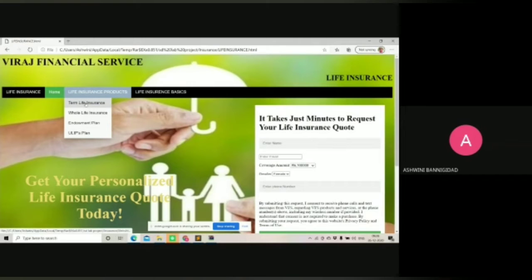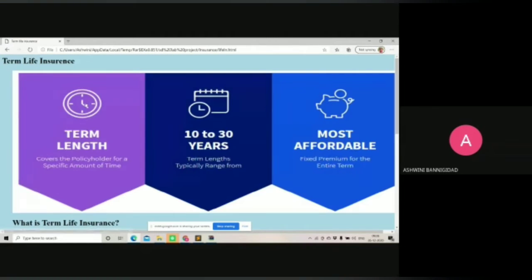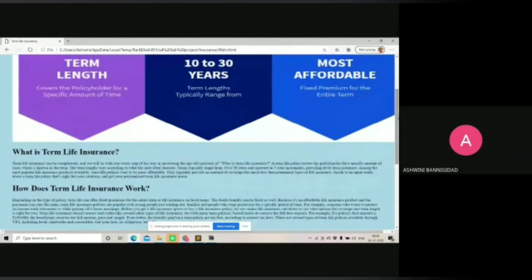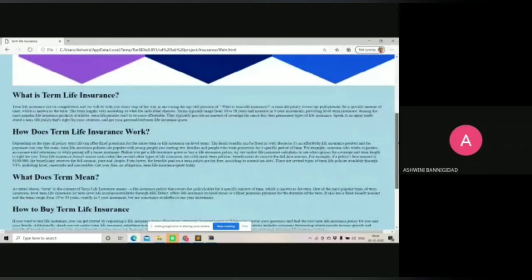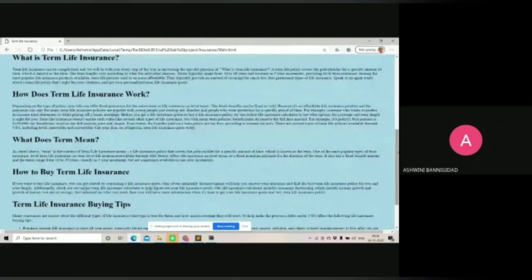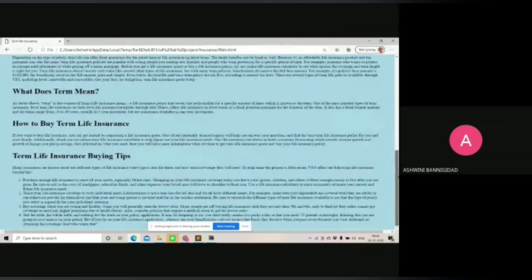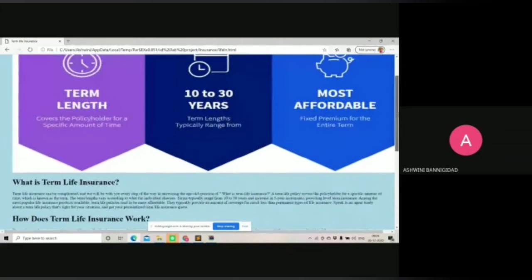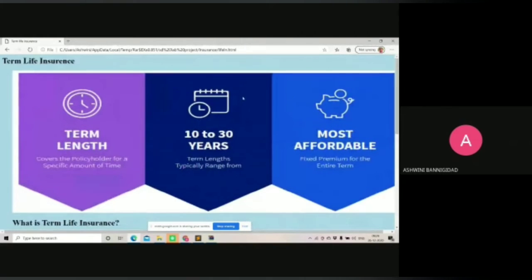Going through this term life insurance page, the customer will get the information about what term life insurance is, how it works, and the benefits of it. Here, in this page, we just give the information about term life insurance.